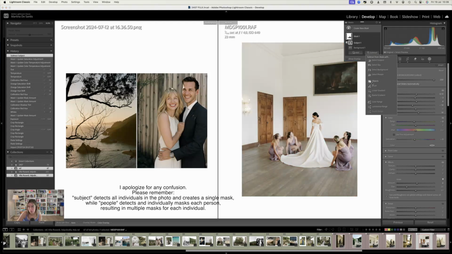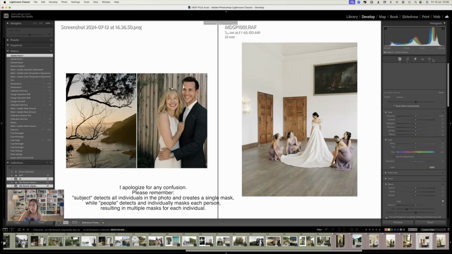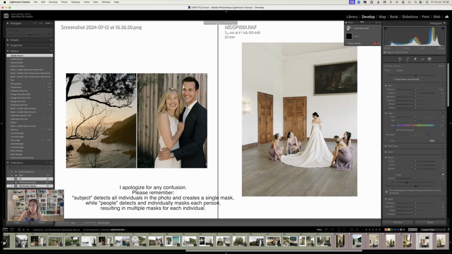I'm going to subtract this girl, poor girl, with a brush because it's not detecting her as a subject. But what I was saying is that selecting subject is going to automatically detect all of the people in the image, while when you create a new mask and select subject, it's going to automatically detect the subjects as individuals, and then you're going to be able to choose on which one of them you want to work. For example, if it's the groom or the bride,